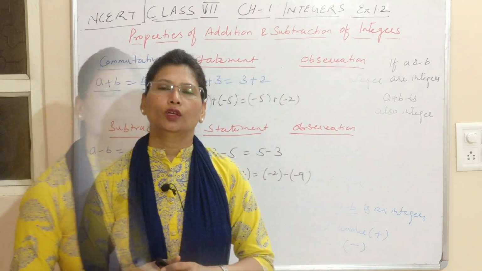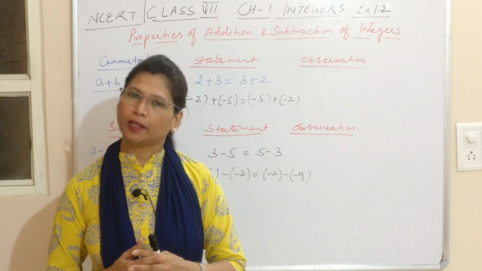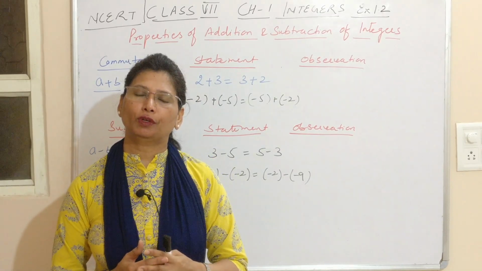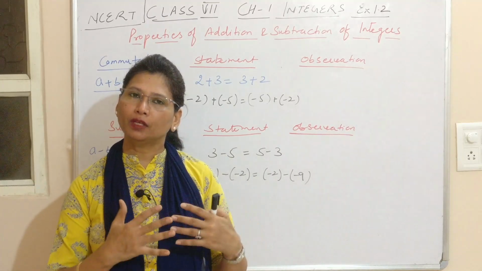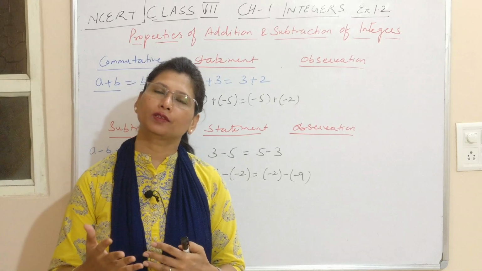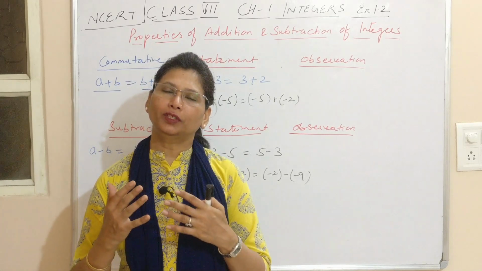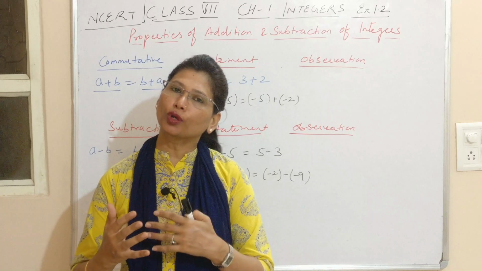After this, we'll take the next property, which is the commutative property. Okay, second property. Commutative property was what? If you add A and B, A plus B, this is the same as B plus A. It means the addition of numbers does not change with the order of the numbers.